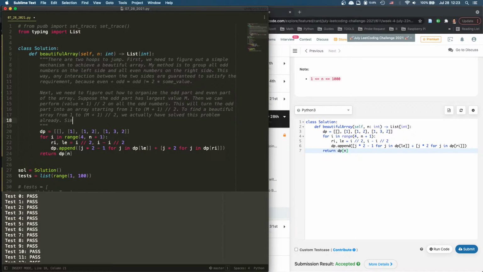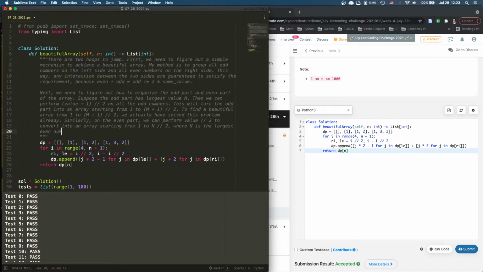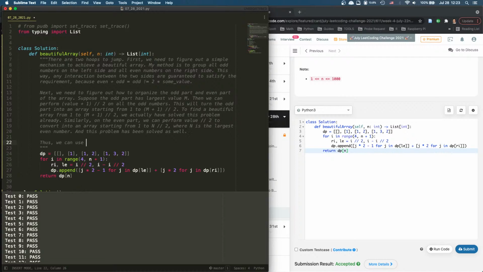Similarly, on the even part, we can perform value divided by 2 to convert it into an array starting from 1 to n / 2, where n is the largest even number. And this problem has been solved as well. Thus, we can use a bottom-up DP solution to acquire one beautiful array